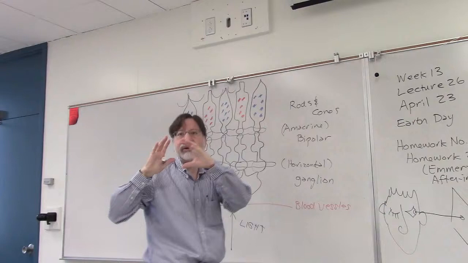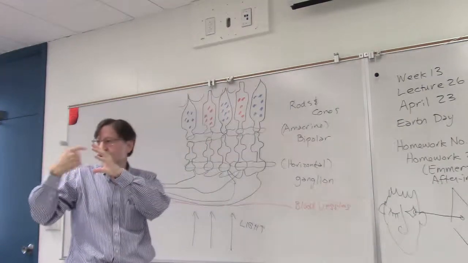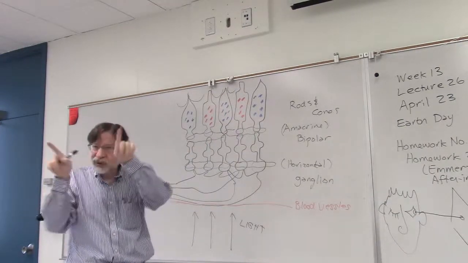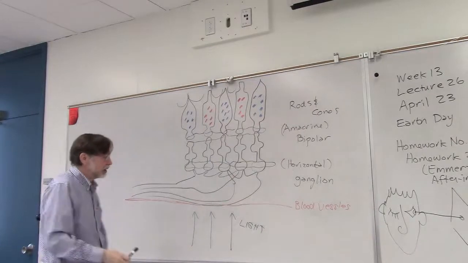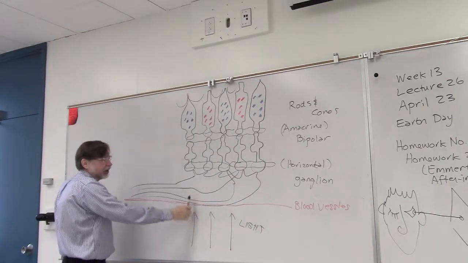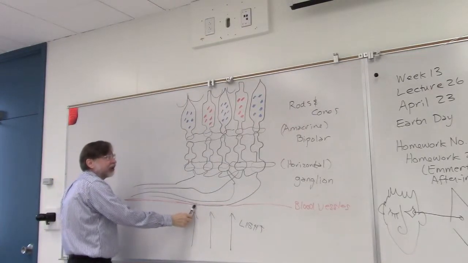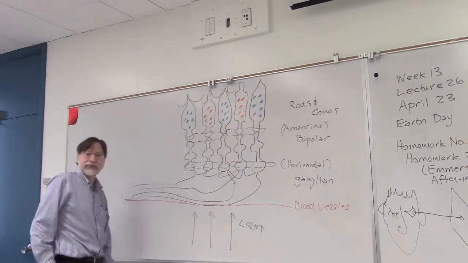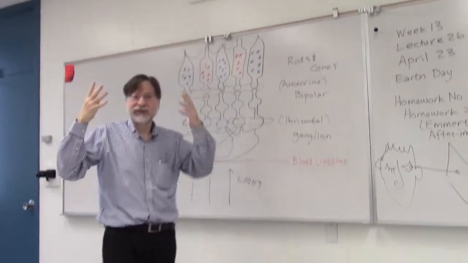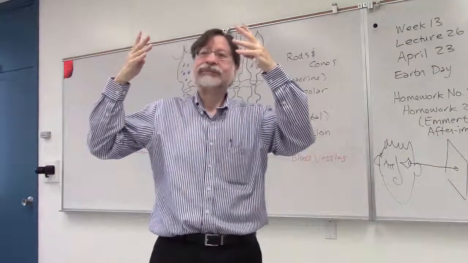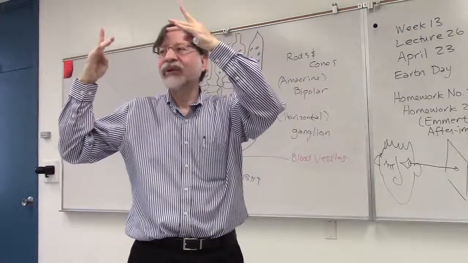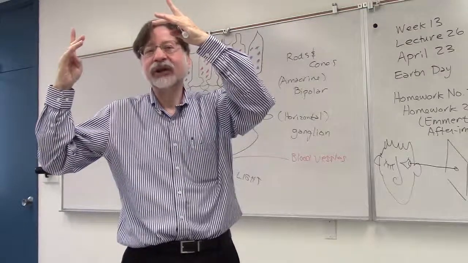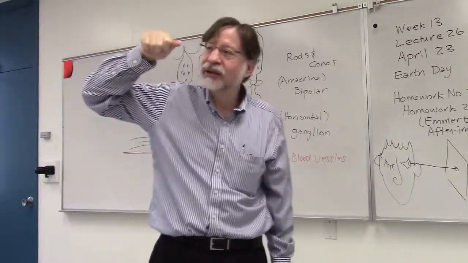I showed you that diagram of what it's like to look into the eye and see where the blood vessels come out. The light comes from this direction. So that means these blood vessels are casting their shadows on the detectors of the light. You don't see the blood vessels, but you have probably seen the blood vessels in your eye without realizing it when they look into your eye